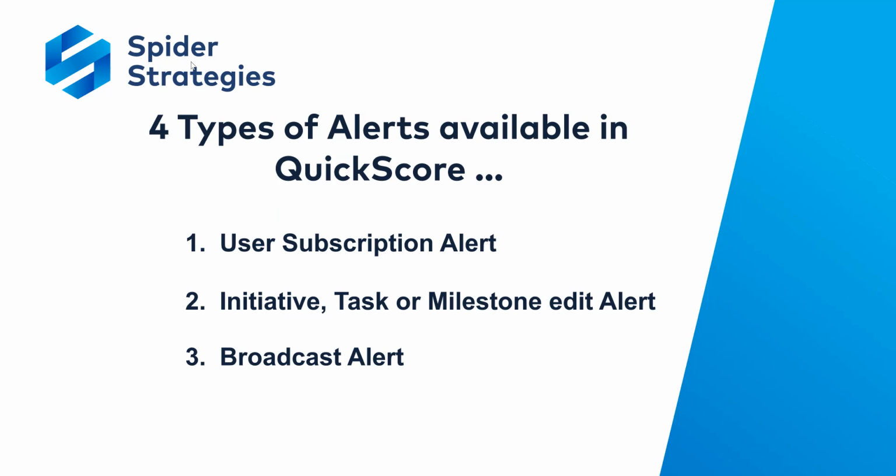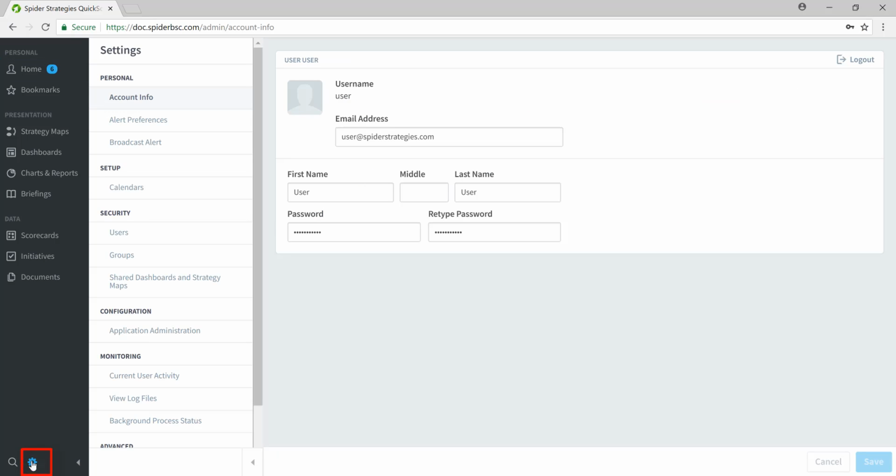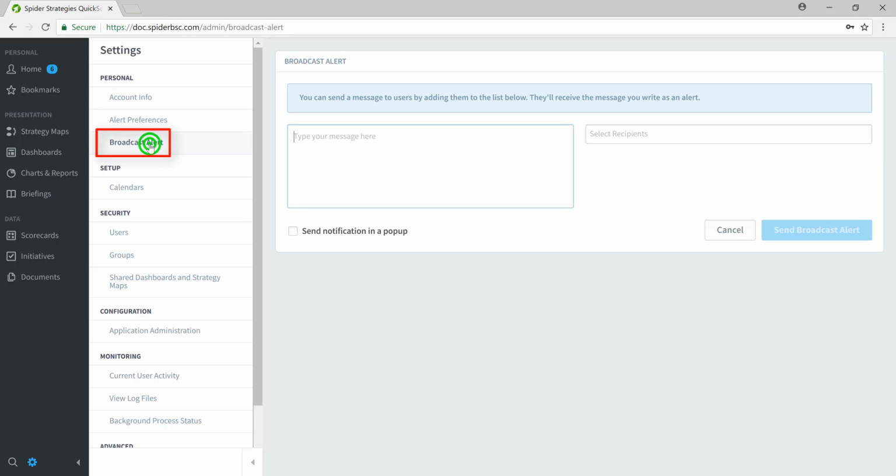The third type of alert we'll address is the broadcast alert. Broadcast alerts are easy to create, assuming that you have appropriate rights and privileges to do so. Starting from the home page of QuickScore, we'll navigate into the Settings module of QuickScore, and under the Personal heading, select Broadcast Alert. The Broadcast Alert interface allows you to type a custom text-based message and select your recipients of